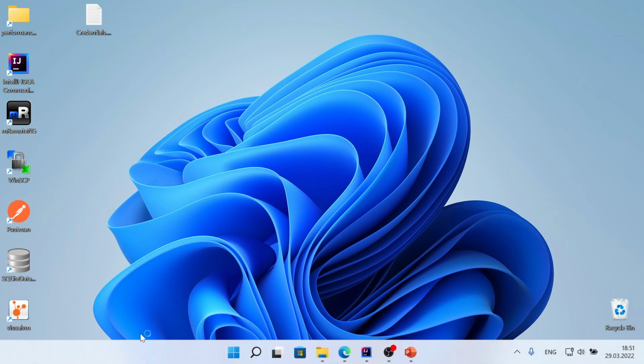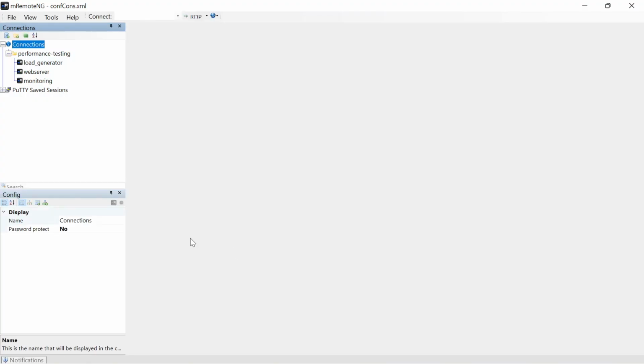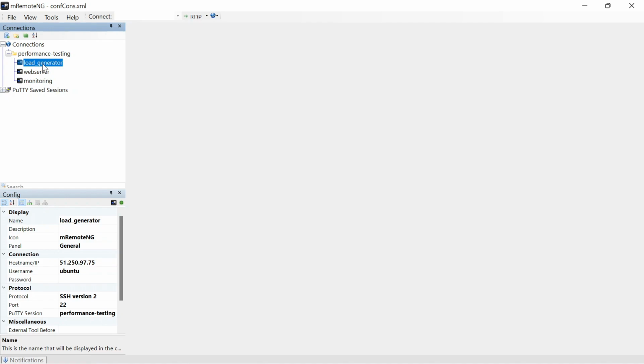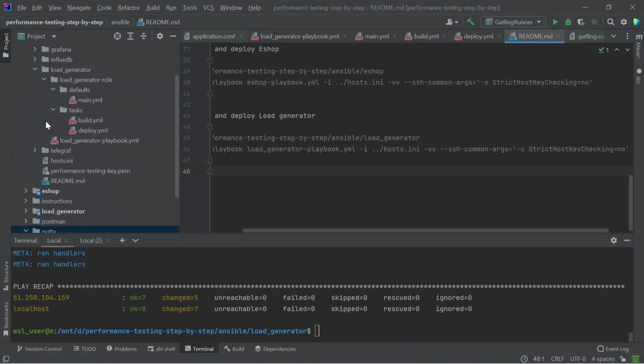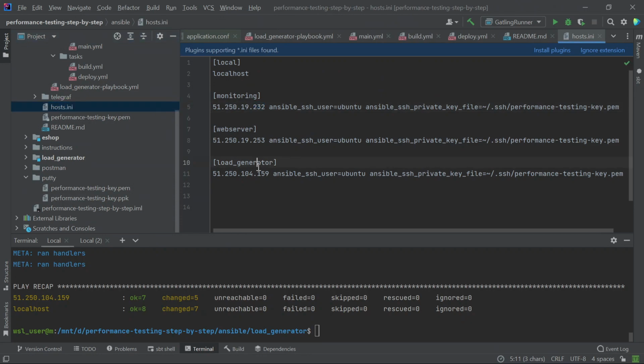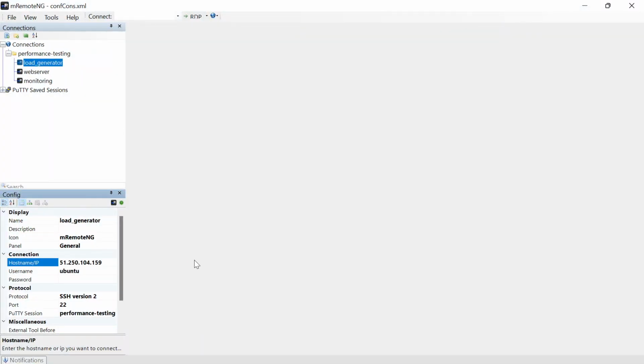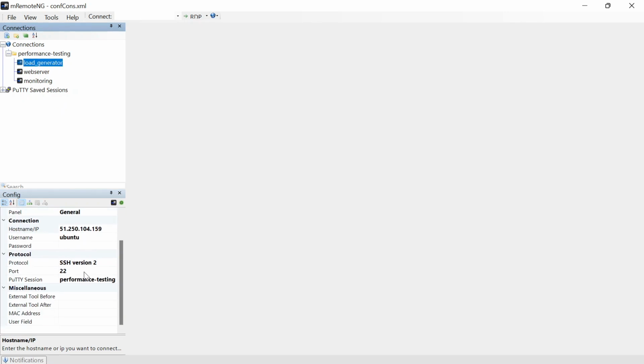Now open the mRemoteNG program and connect to the machine with a load generator role. First, we change the IP address to the actual one. After that, we set the configuration of the PuTTY session.